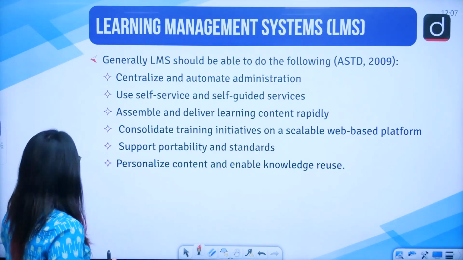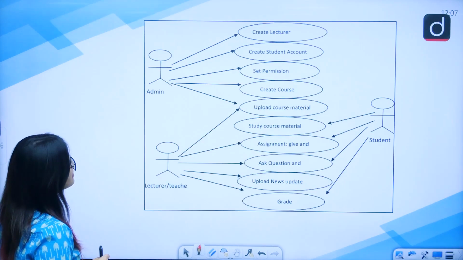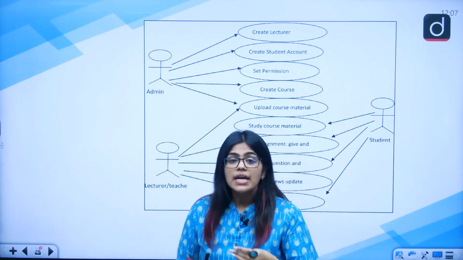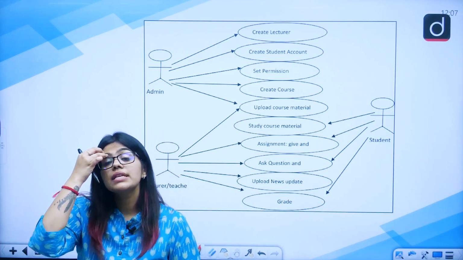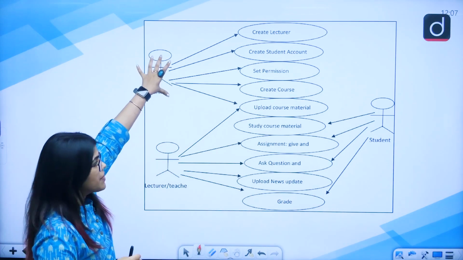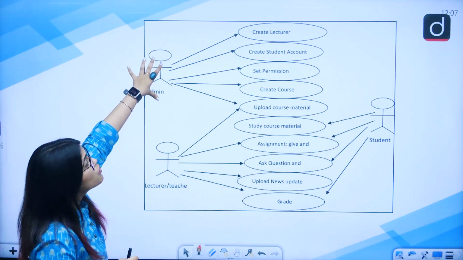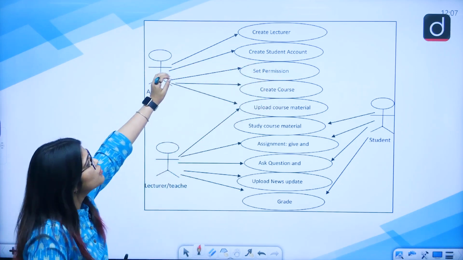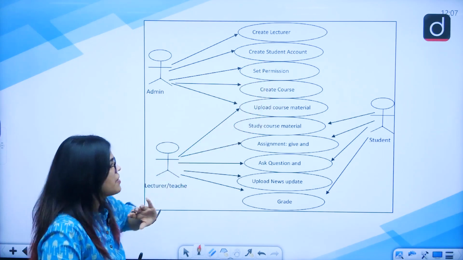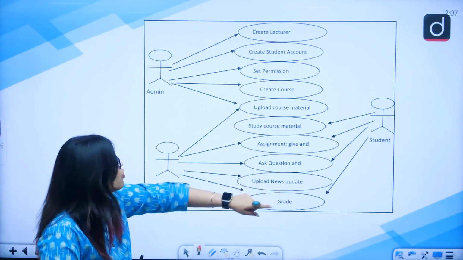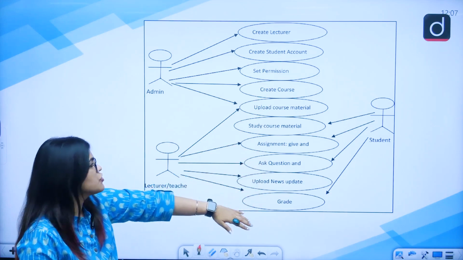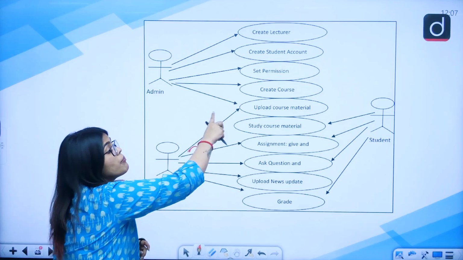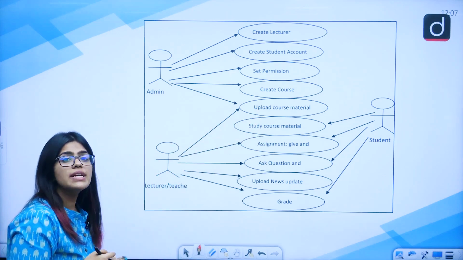What does this slide mean? I will take you to this slide. So there are 3 components whenever we talk about LMS. These 3 components are the admin, the student, and the teacher. The admin is someone who will create the lecture, who will create the student account, and who will give them the permission to come here. There will be a student who will take up the question, who will take up the assignment, but there will be a teacher who will upload the course. So there are always some middlemen.